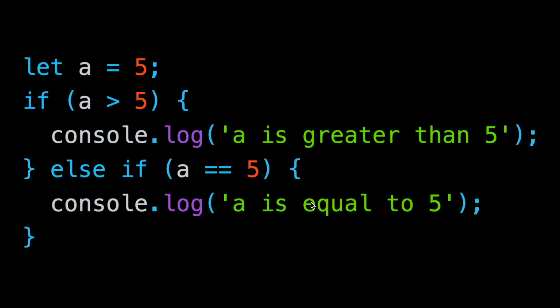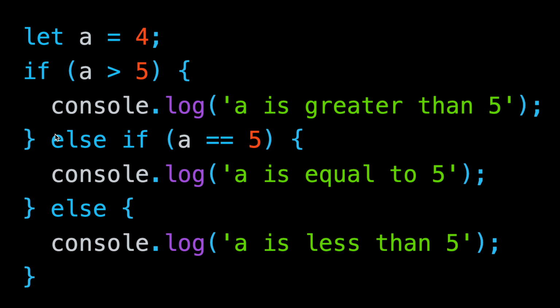It's going to log a is equal to 5. Now we have an if, we have an else if, and we have an else. So the else is run if none of the other if statements are true. So we do them in